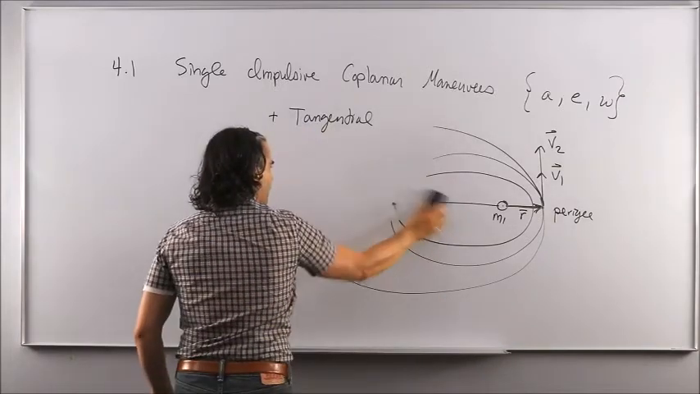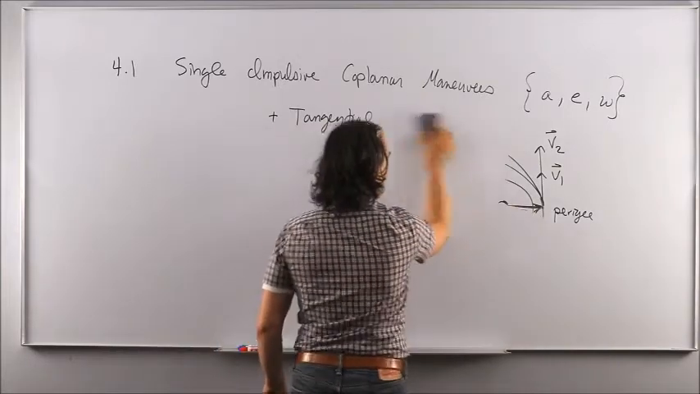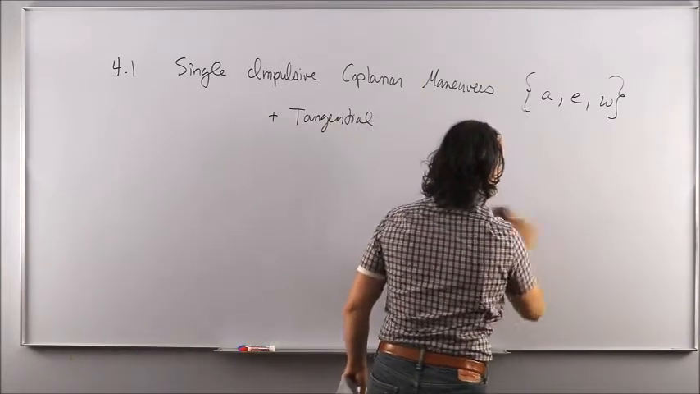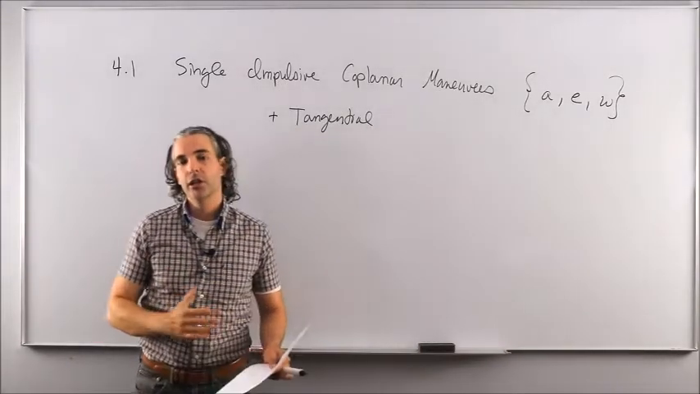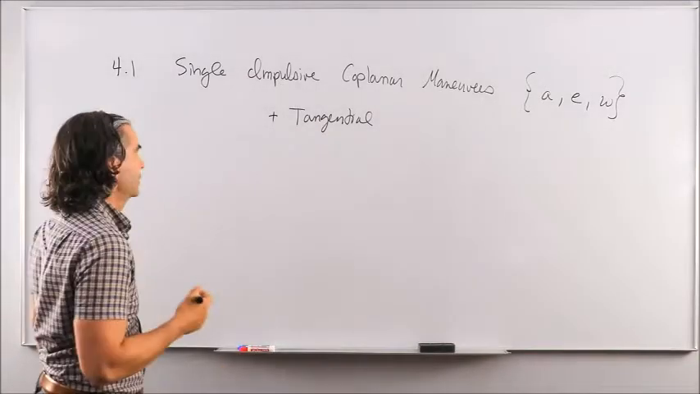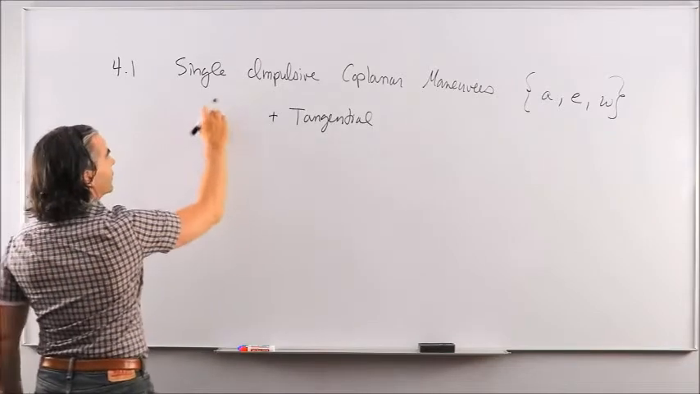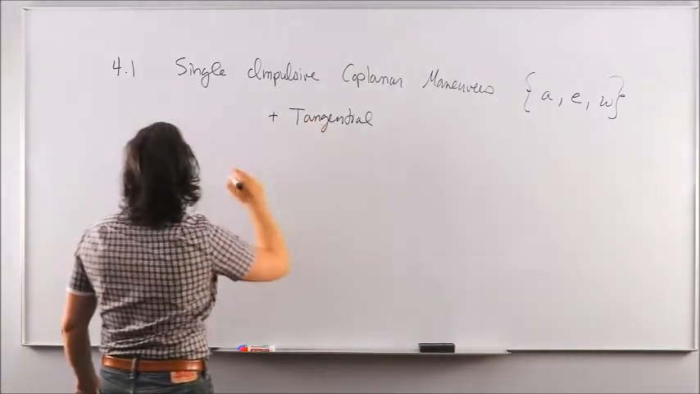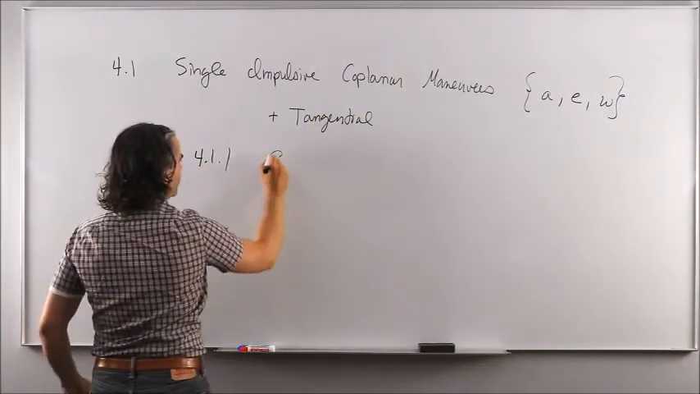So there are a lot of assumptions, I know, to begin with, but again, they're going to be relaxed later on. So let's start easy, and then let's get comfortable with this concept of changing the velocity vector on the fly, and then we'll see what we can do with that in terms of practical applications. Now, the first single impulsive coplanar tangential maneuver is going to be in 4.1.1, circular